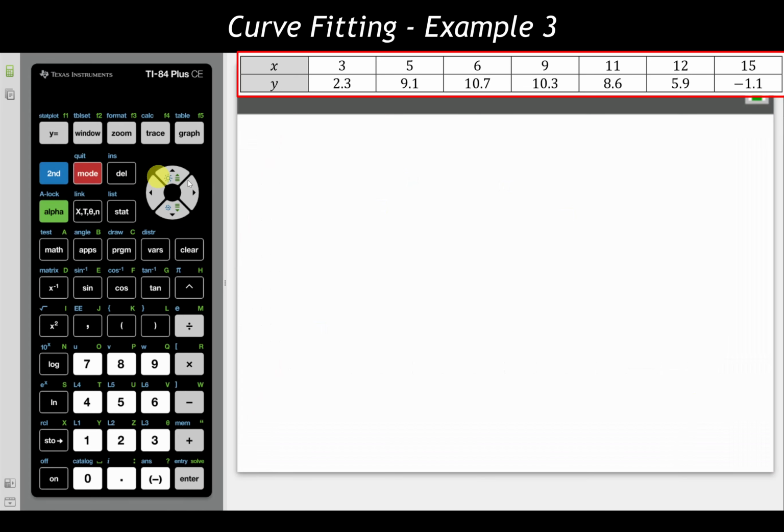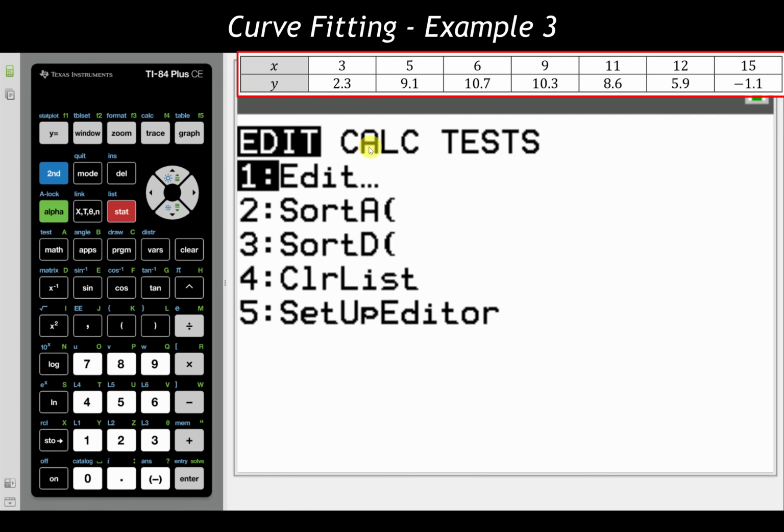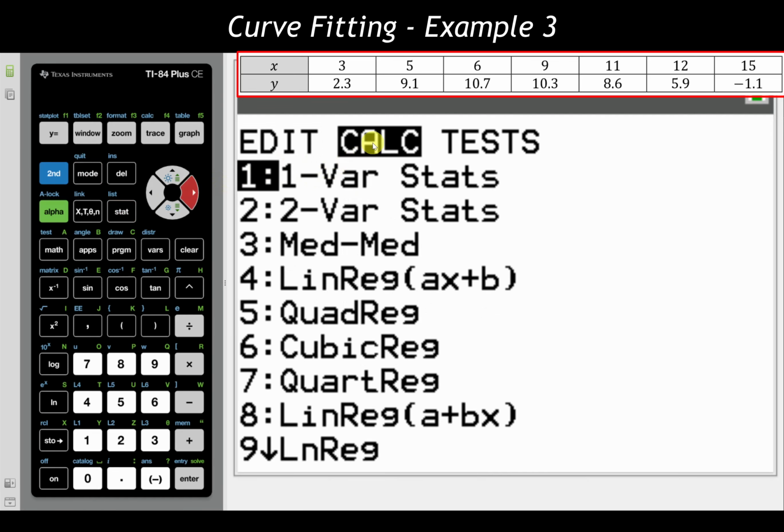In second mode, go back to our home screen, and then going over to Stat, coming over to the Calc tab, and I'm doing a quadratic regression. So I believe, as the notes stated, this would be coming down to QuadReg here. I had made the notes with a previous version of a calculator, so again, these numbers that are listed on the side might be different from what you have, so look for the title of the command versus the numbers themselves. The numbers should be close, but they're not exactly perfect. So here we have a quadratic regression. That's what we are looking for.